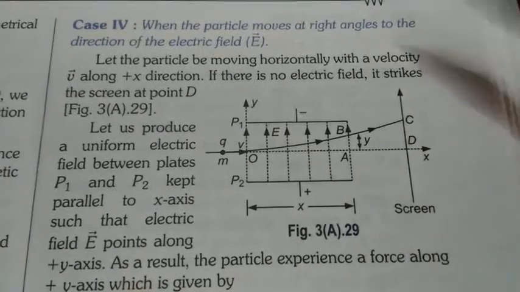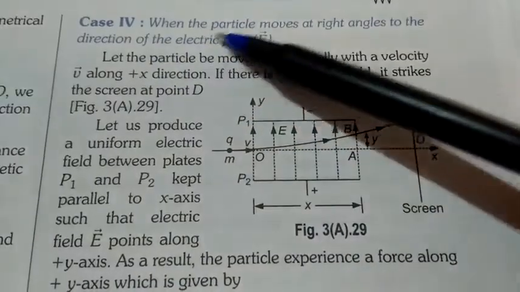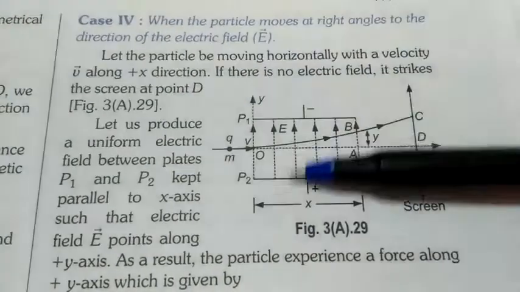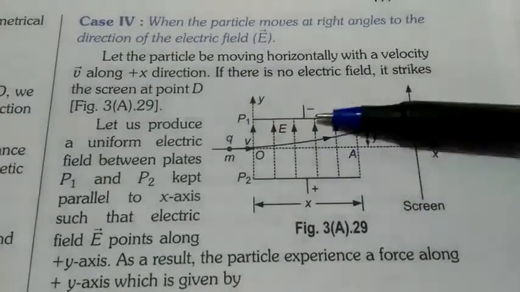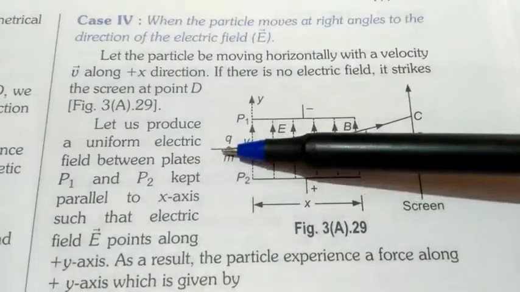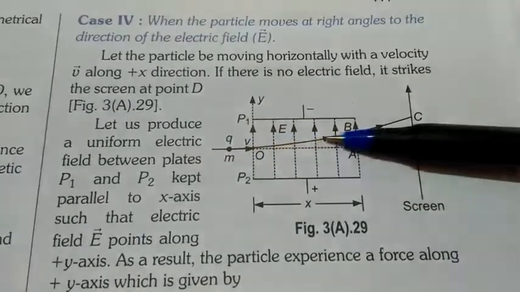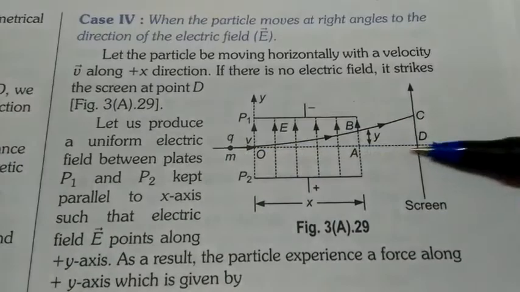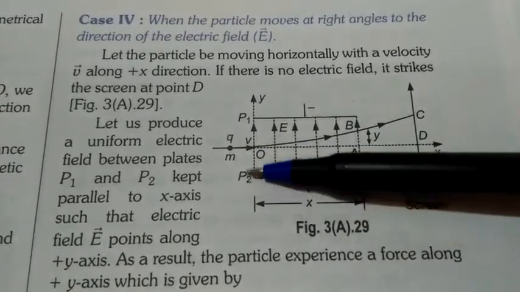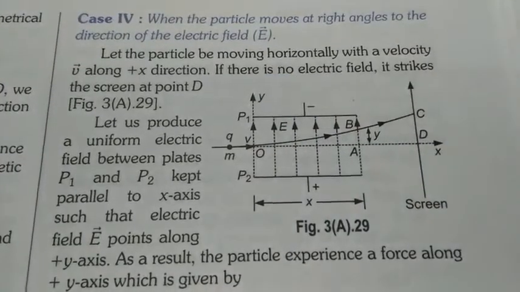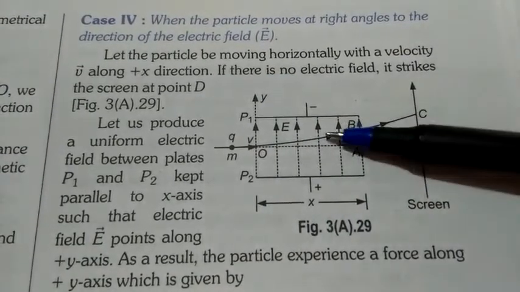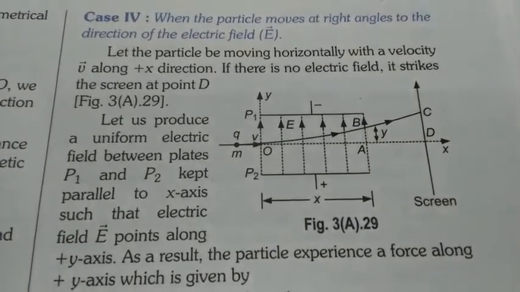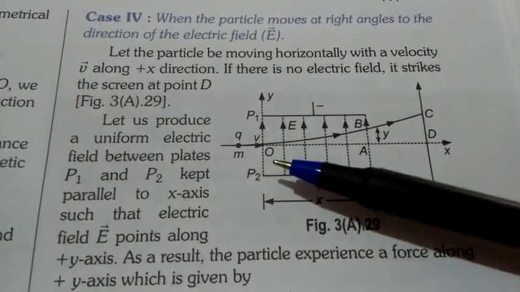Then we have the fourth case, when the particle moves at a right angle to the direction of the electric field. This is the direction of the electric field and the particle is entering the field in a direction perpendicular to the field. The particle is moving in the plus x direction, whereas the electric field is in the plus y direction. So this time the particle and field are perpendicular to each other. So what happens then? The field